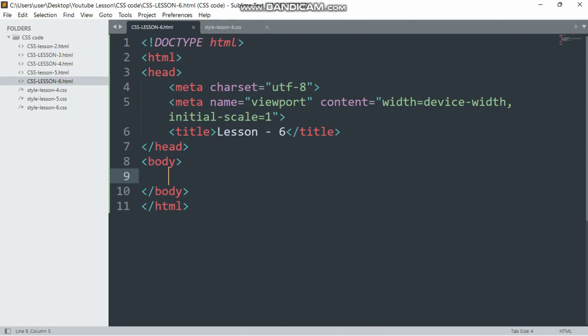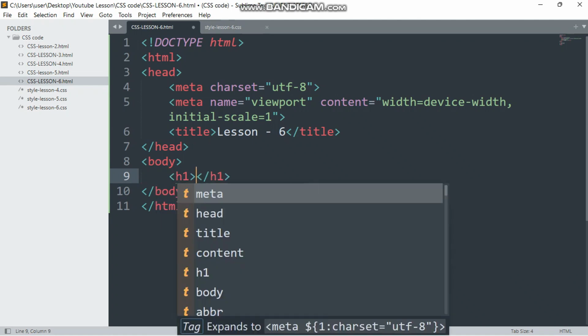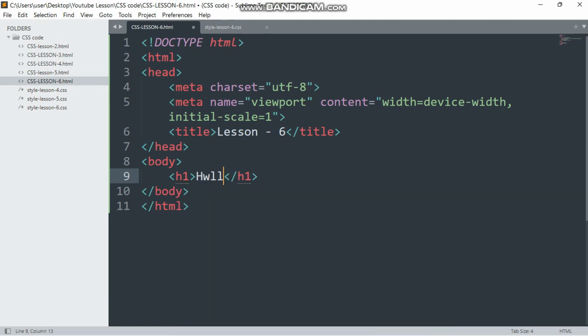Good. So for here, we're going to have an h1 element quickly. For the h1 element, if you want to understand how I get the predictions here and write my tag quickly, I put the less than sign and put h1 and press the tab key on the keyboard, and the rest of it will be automatically completed. Now there's the beauty of using a code editor instead of using Notepad. Those are some of the beauty of using it. So for here, I'm going to say hello world,